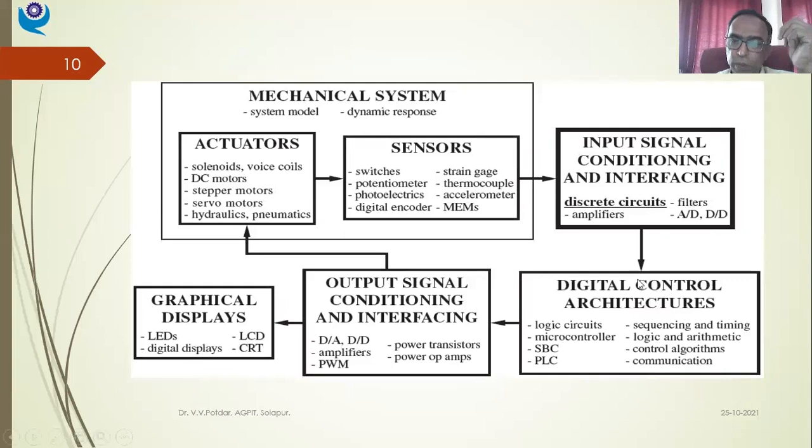The controller processes the signal from the signal conditioning devices, whatever is the error, and the amount of rotation that is required. But the digital controller will give me the output in the form of some digital signal. If I directly connect that digital signal to my DC motor, the DC motor will not run because it is recognizing only analog signals.